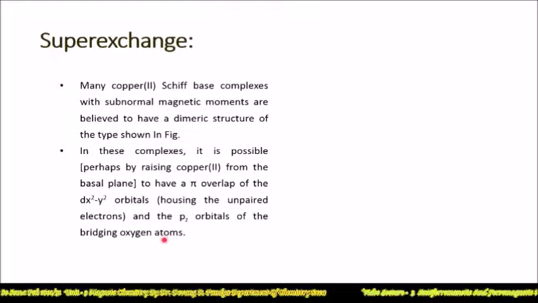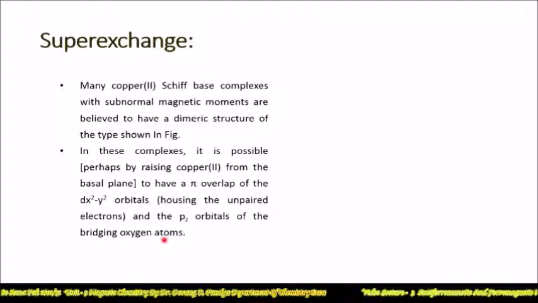You can see here two copper atoms and two bridging oxygens, and the dx²-y² orbital housing the unpaired electron overlaps with the pz orbital of the bridging oxygen